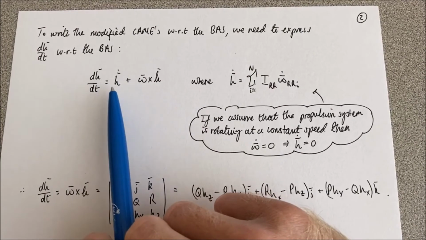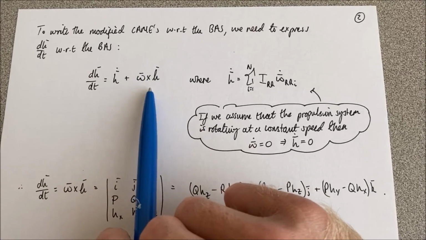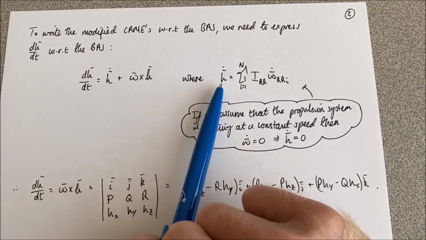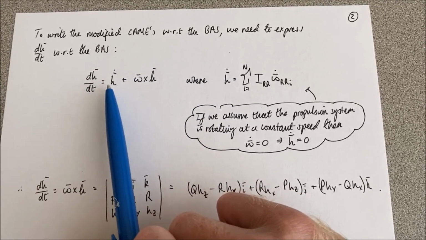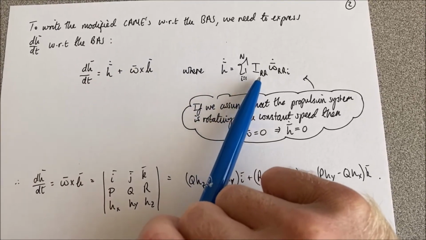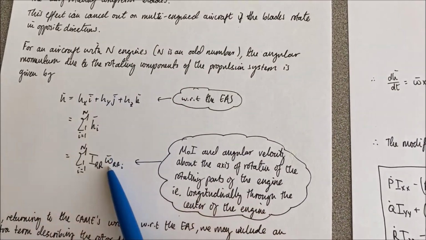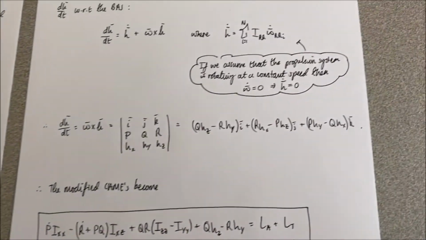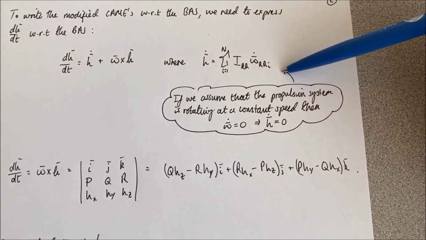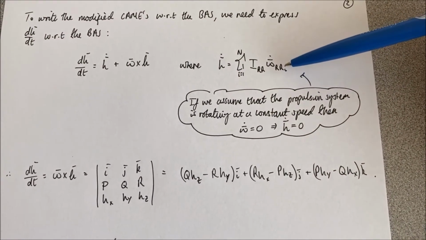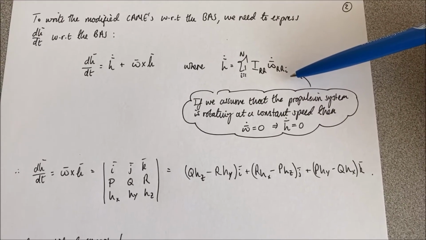So again, this just describes the rotation of the new vector field, and we can write h bar dot, which remember is the partial derivative of h bar with respect to t, as this thing, just using the definition of h, right? So one of the little assumptions that we can make here is that if the propulsion system is rotating at a constant speed, so in a cruise for example, then